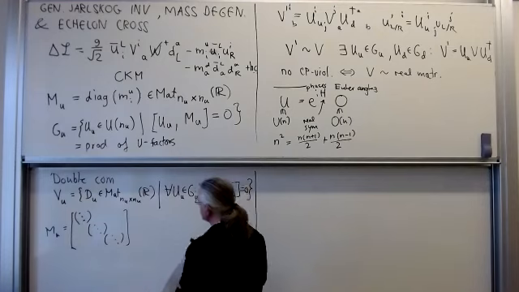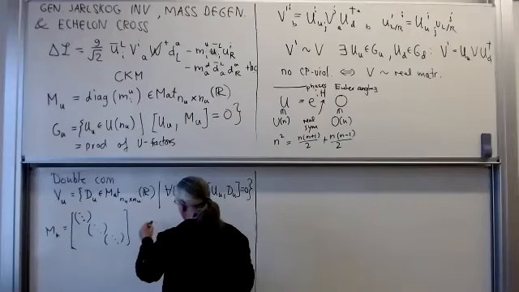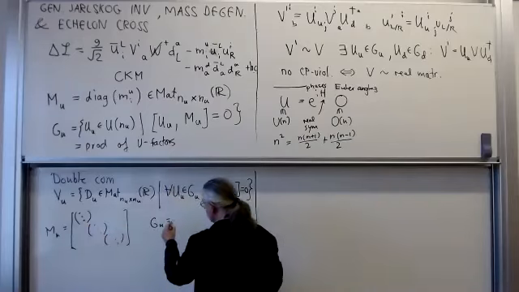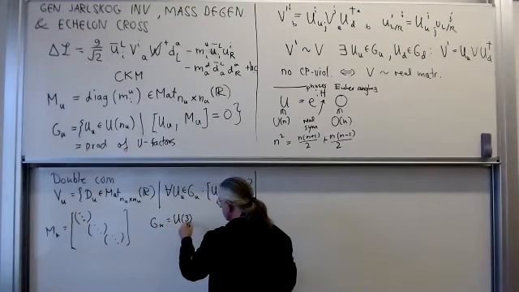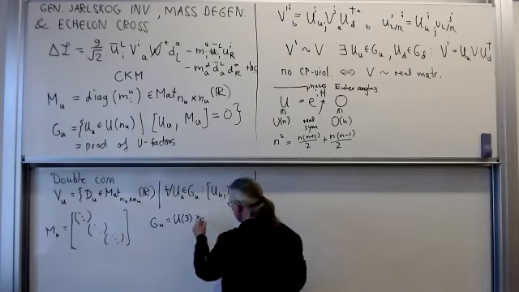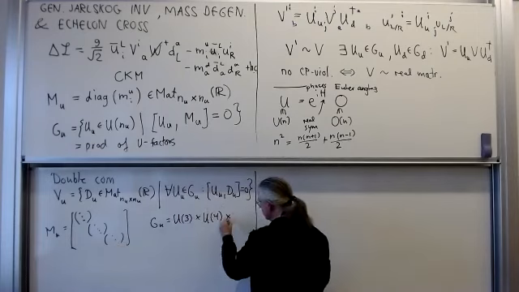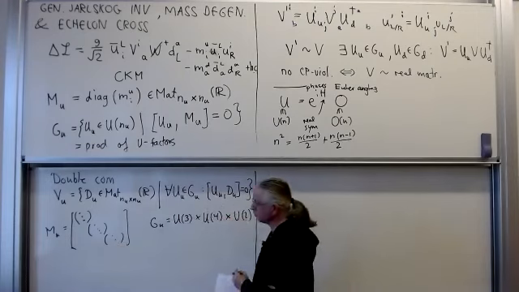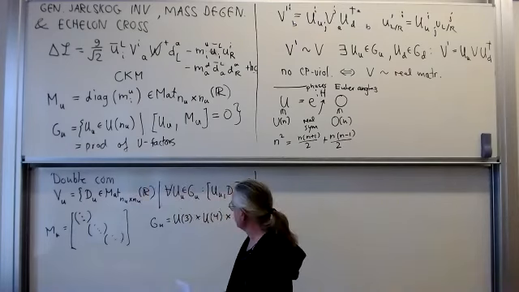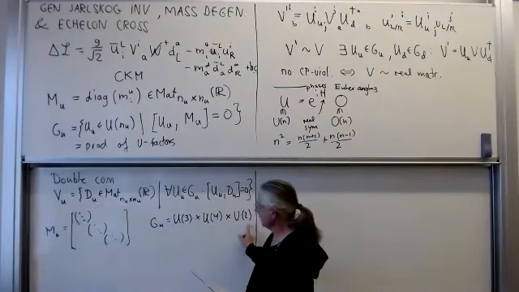And then the corresponding group G_U will be, so if there's 3 here, there will be a U3 cross. Now I drew 3 here, so maybe let's take 4 here. Cross a U4 cross and so on. This will be the symmetry group that commutes with this mass matrix. And now we want to find out which matrices commute with this symmetry group here.